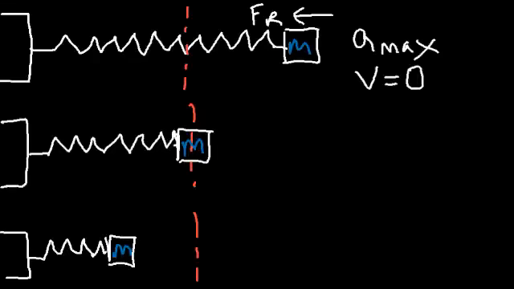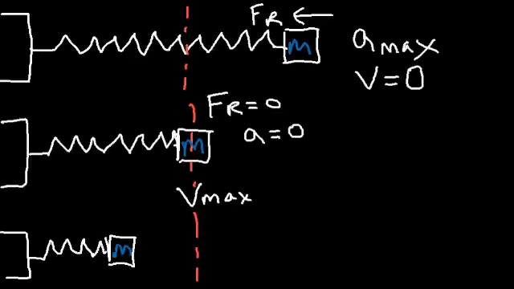The velocity reaches its maximum value once it reaches equilibrium. At equilibrium, the restoring force is 0. And because the restoring force is 0, the acceleration is equal to 0 at the equilibrium position. However, because the velocity is at a maximum, it's moving towards the left. So because it has momentum, due to inertia, it's going to continue to move to the left,